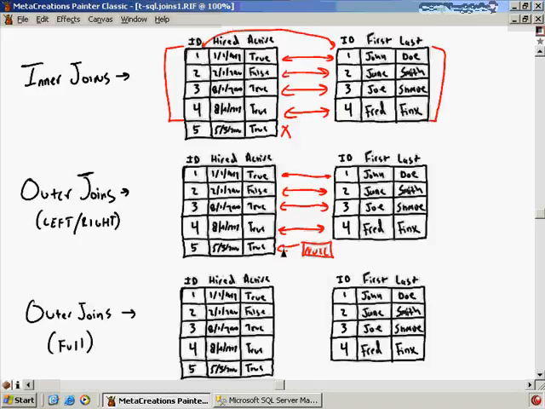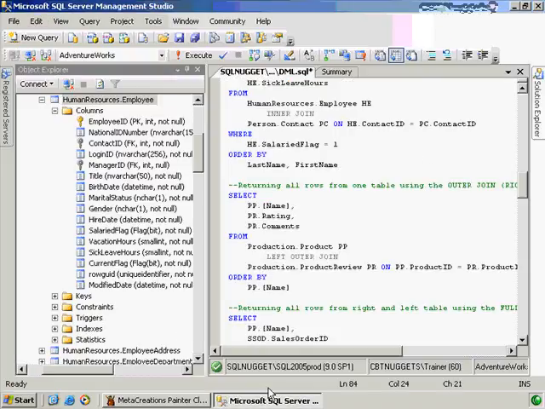So those are outer joins, and they do have their place in the world. Believe me, you will be using them if you're going to be doing any development in SQL Server. You will come across a need for a left or right outer join. Right outer join is just the opposite. It would say give us all the rows from our right-hand table, and then only the matching rows in our left-hand table. So if we run back into our demo here and take a look at how this works,